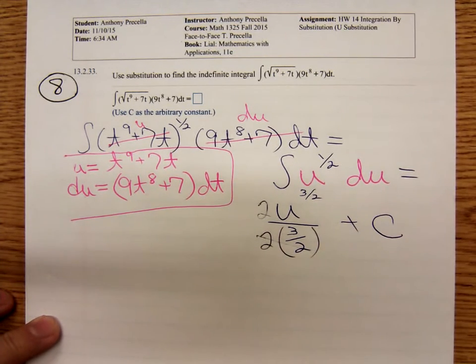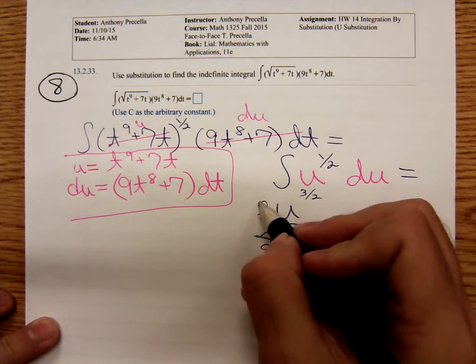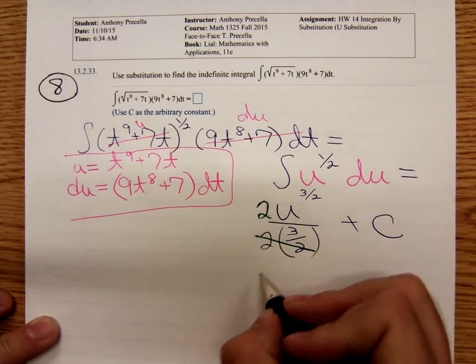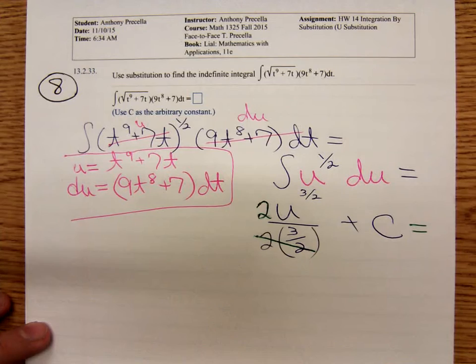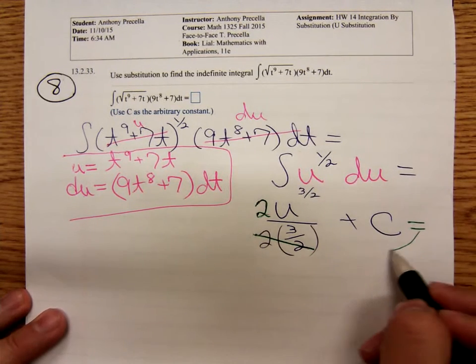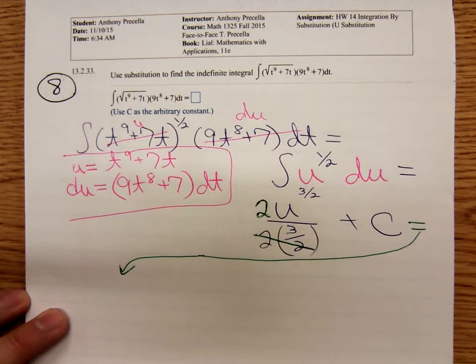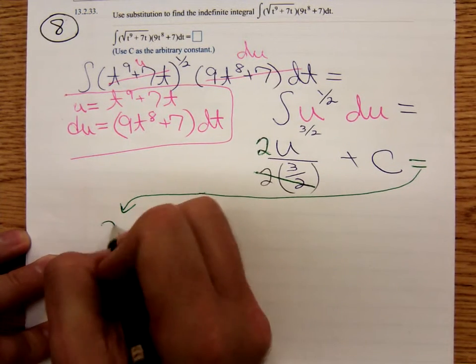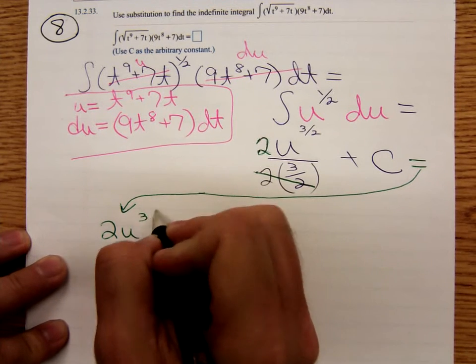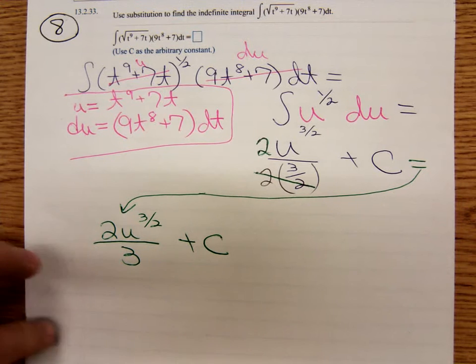So that's a 2u to the 3/2 all over 3 plus c,